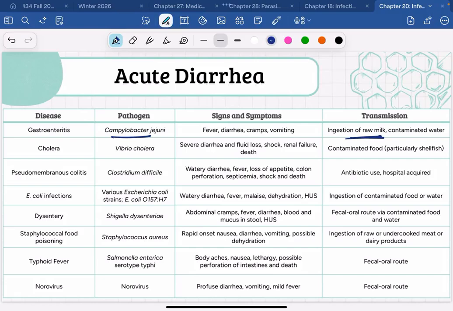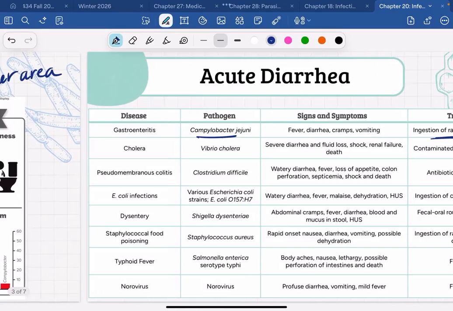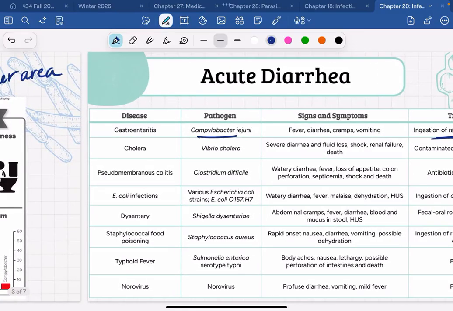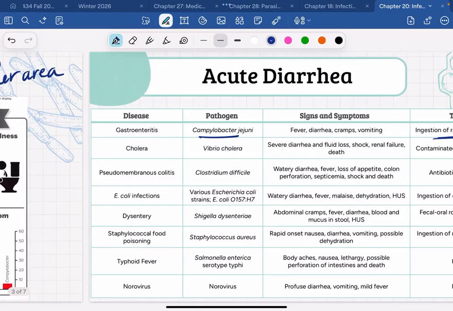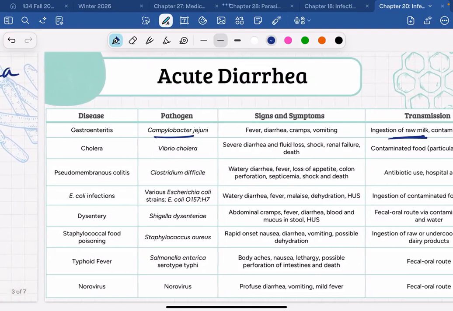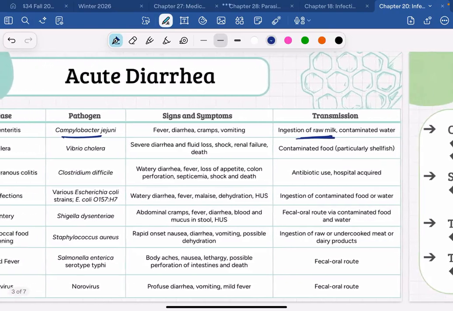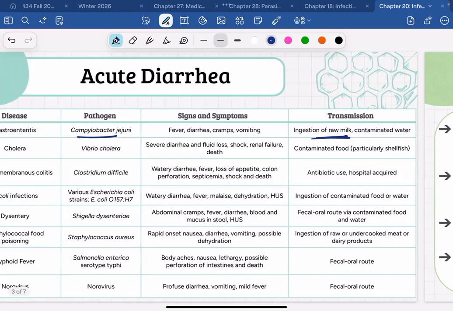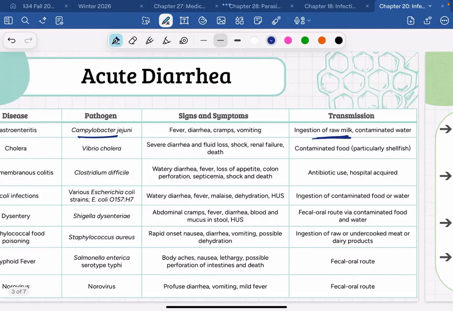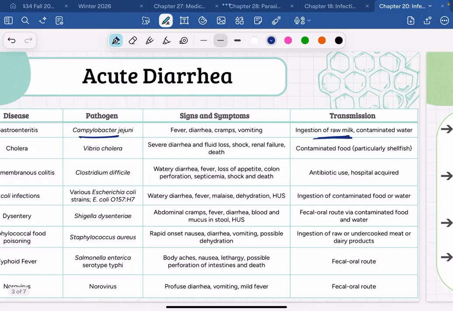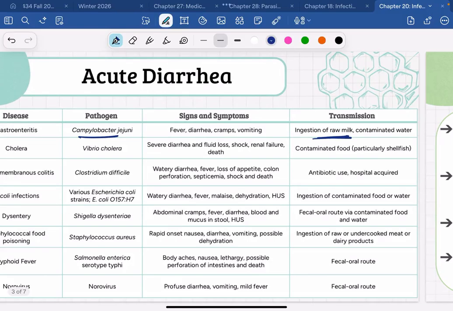Right. Our next disease is called cholera, and this one's nice and easy because the bacteria that causes it is Vibrio cholera. Now, Vibrio cholera is mostly transmitted through contaminated food, especially shellfish, so especially raw shellfish. So it's spread mostly these days through raw oysters or undercooked crawfish, things like that. Any seafood that you eat raw, sushi, stuff like that.